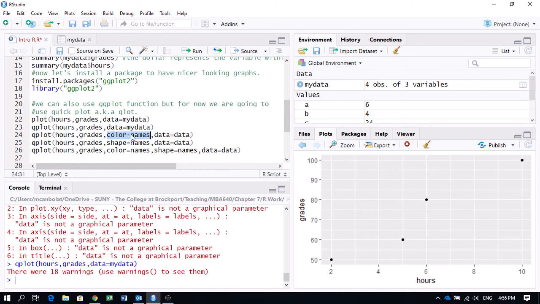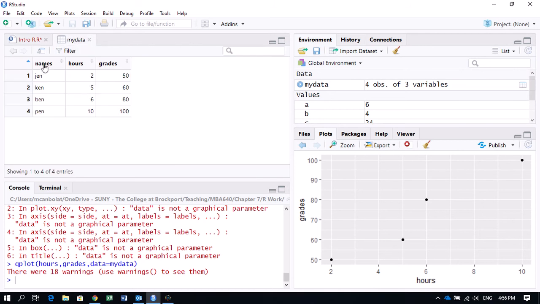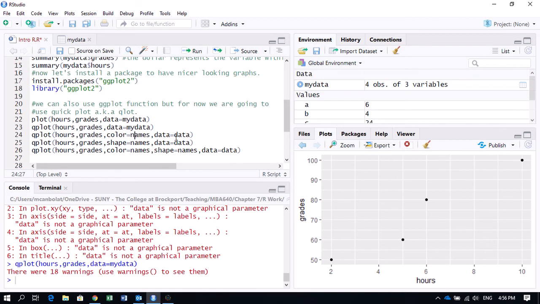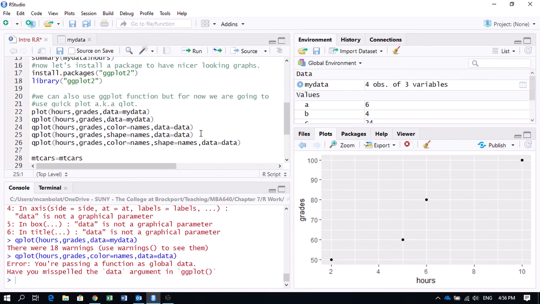So I'm going to use color equals names. Remember that I have a variable called names, and I'm going to use it as a color. So I'm going to run that, and what I see now is data is my data. I'm going to update this and send you the updated one. So I'm going to run this,